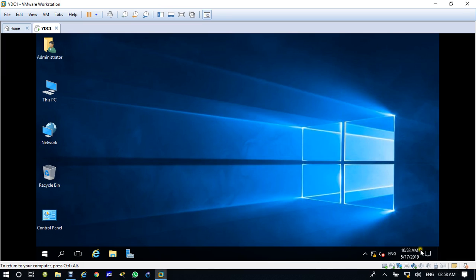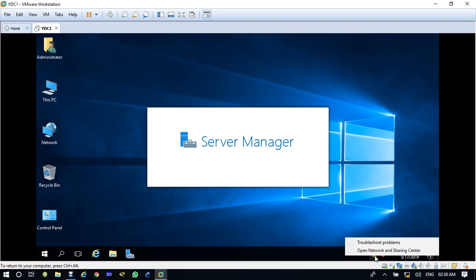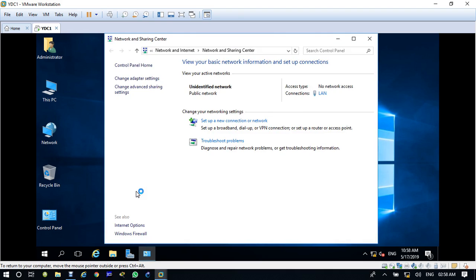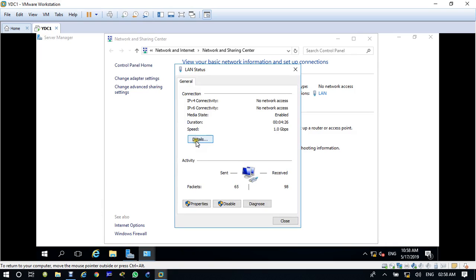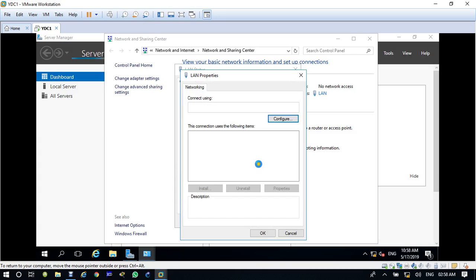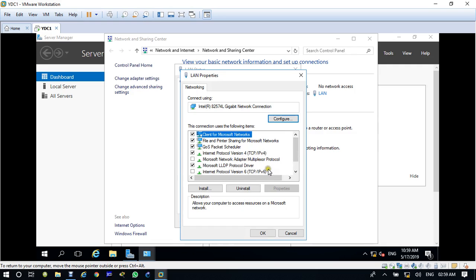Once it logs in, you have to right click on the LAN card, go to Open Network and Sharing Center, and LAN card properties, IPv4, IPv4 properties.